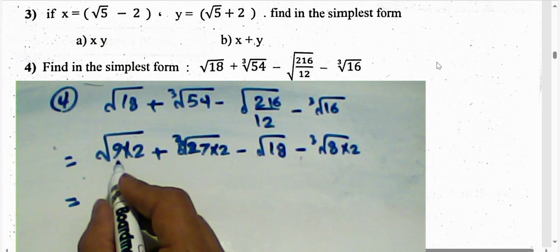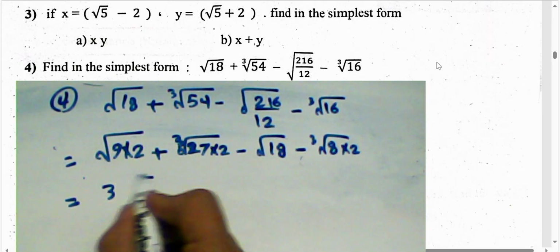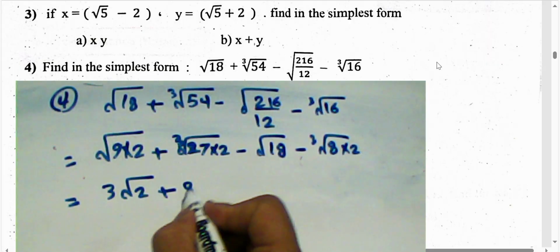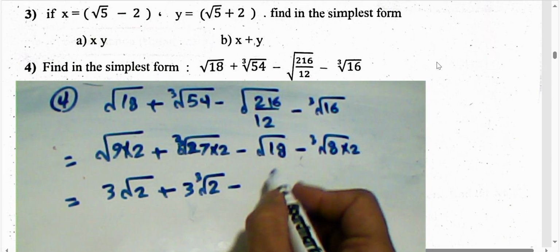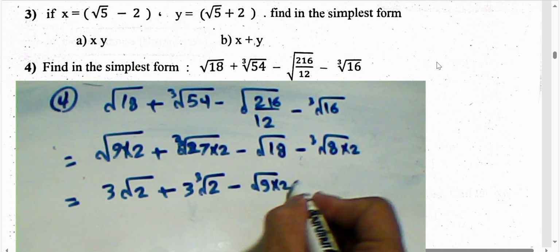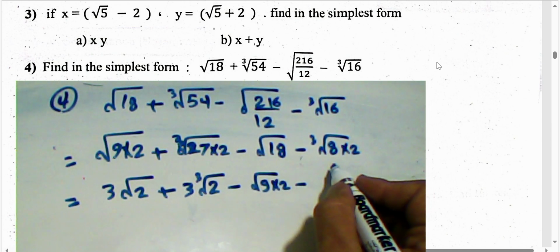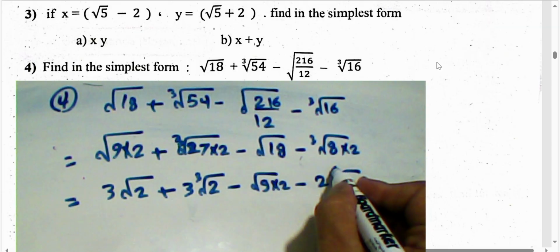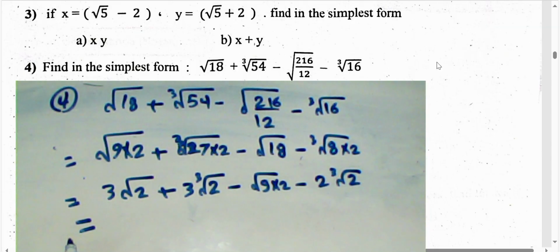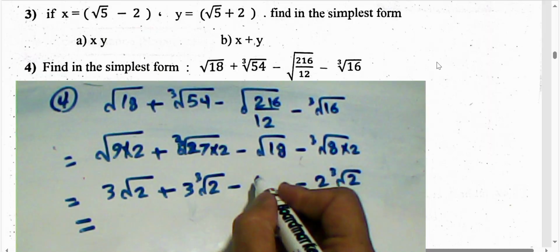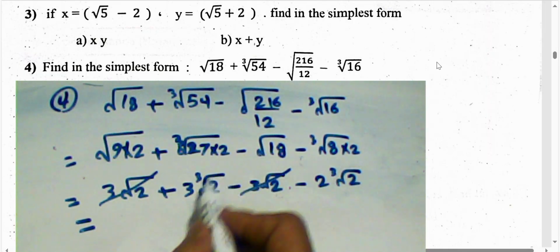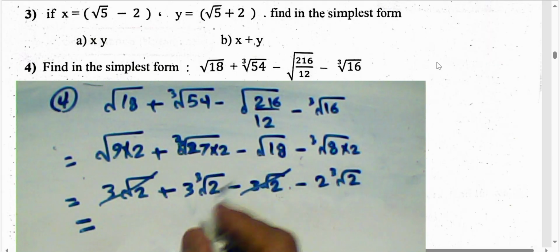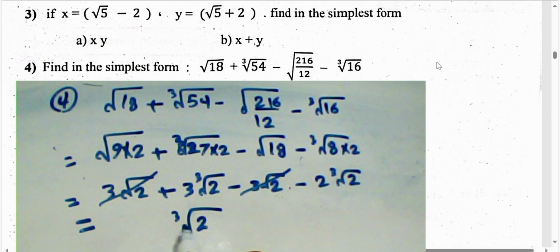You can write square root of 9 equals 3. Then the answer here is 3 root 2. Cubic root of 27 is 3, and 3 times cubic root of 2. Square root of 18 equals 9 times 2, and here cubic root of 8 equals 2 cubic root of 2. This number we can simplify, it will be 3 root 2. We can cancel together 0, and this also 3 minus 2 equals 1. The answer will be cubic root of 2. Okay,